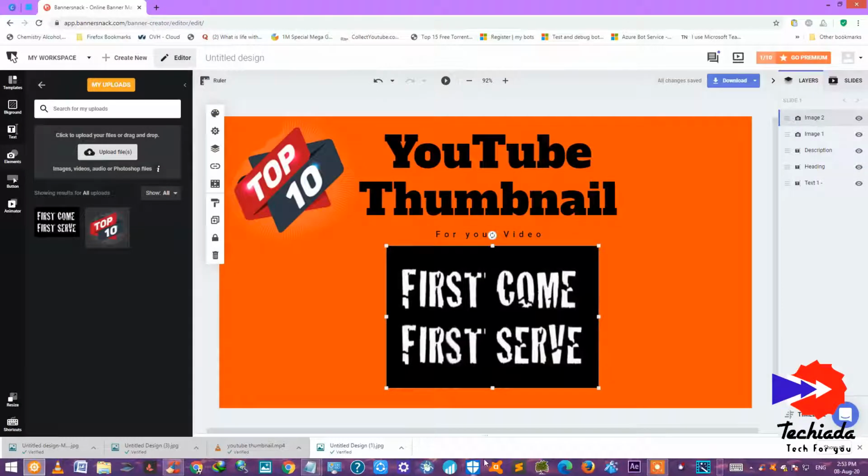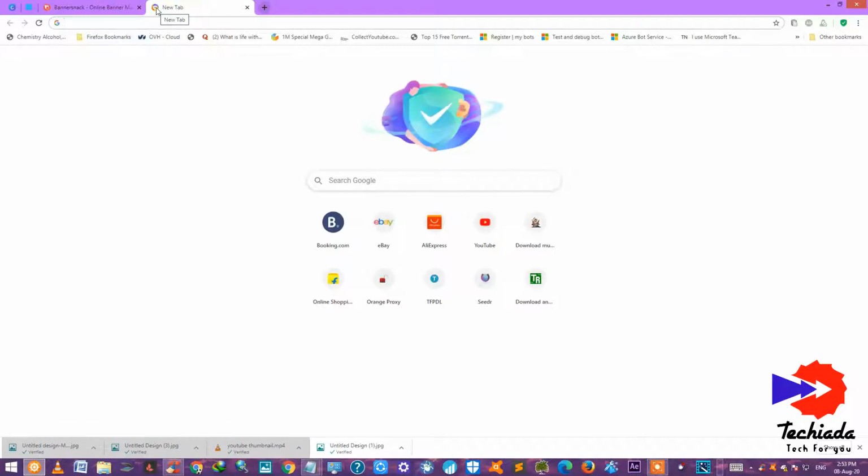So guys, you can choose any thumbnail creator you want out of these three based on your requirement. There are a lot of other websites, but those websites may have ads and it may be irritating. But these three websites don't have any ads or pop-ups, and they are very user friendly to use. So straight away go for these three websites.